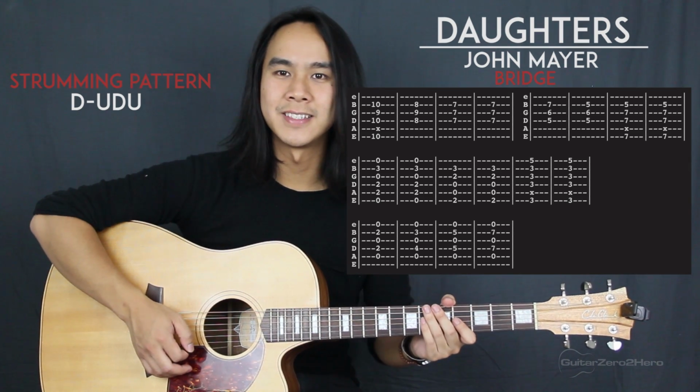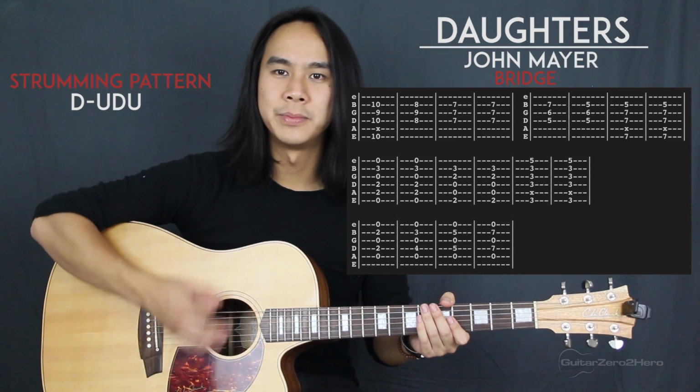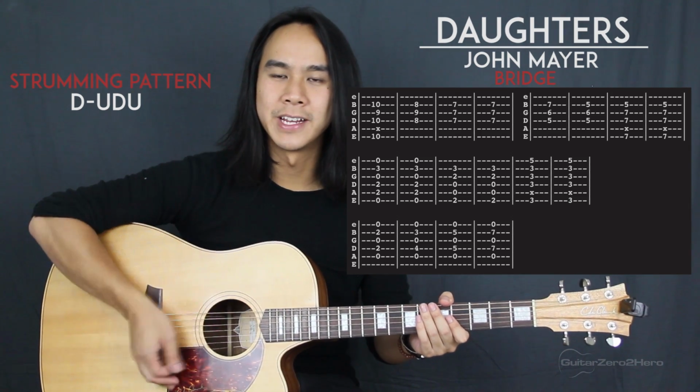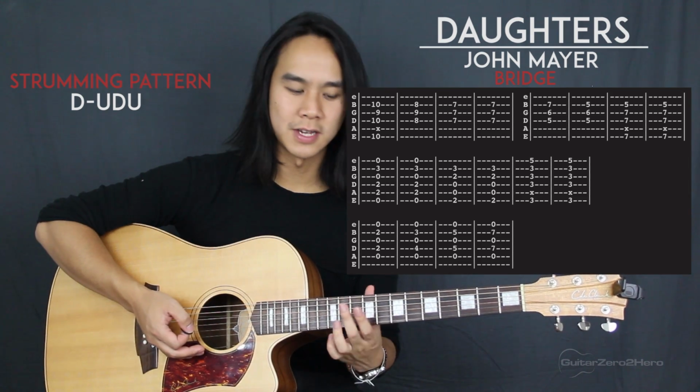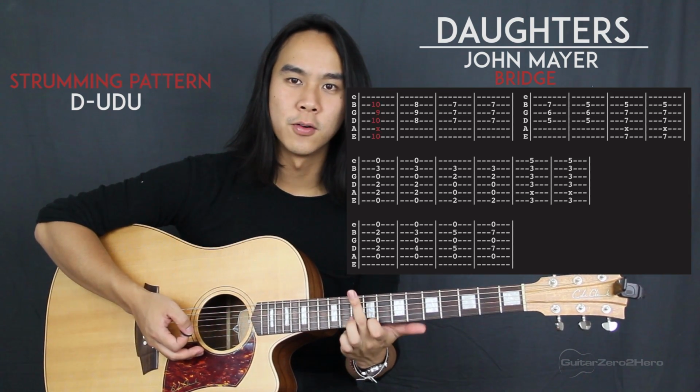And in succession that sounds like down, up, down, up, down, up, down, up, down, up, down, up, down, up, down, up. So our first chord will start up at the 10th fret, and we'll take our middle finger